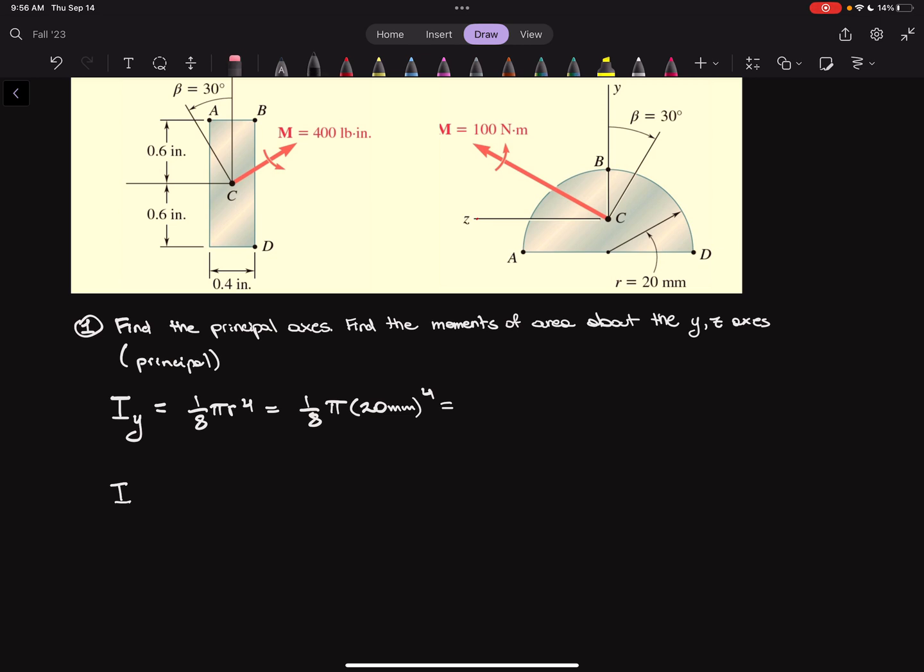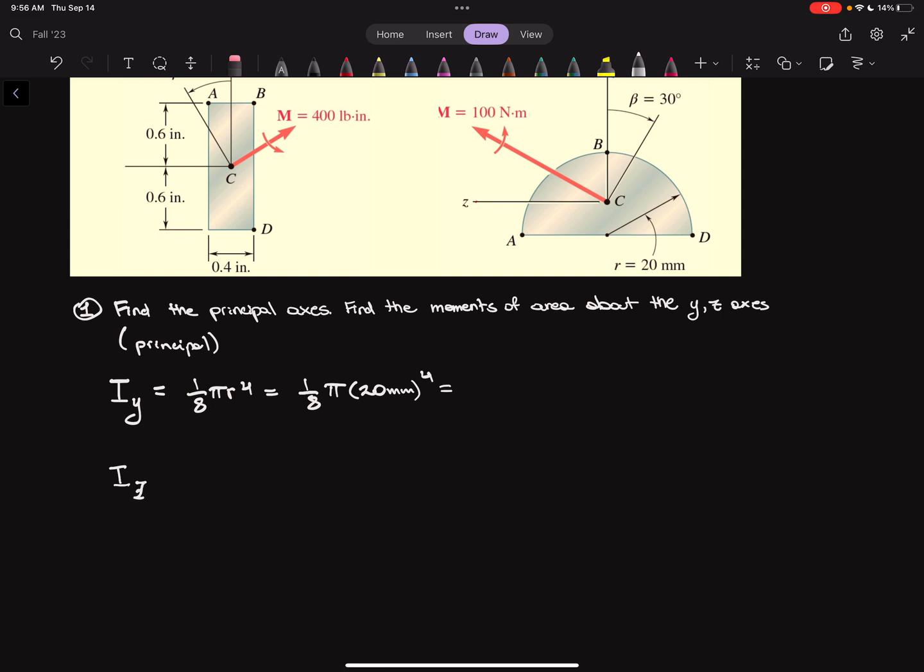So let's not make that mistake, and let's think about the parallel axis theorem for a second. I_z is going to be what? Well, we have 1/8 pi r to the 4th, that's from the equation sheet, and then we need to shift it. We're going to have to subtract the total area of this, which is a semicircle, so that's pi r squared over 2. And that's our area, and then our distance, which is this distance over here. Now, how do we find that distance? We'll call that distance